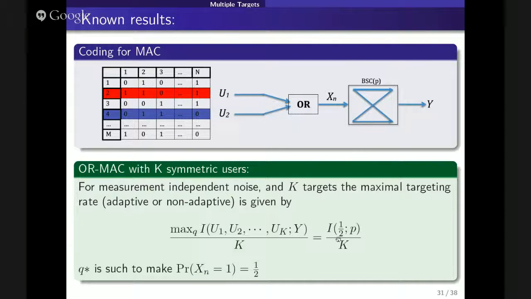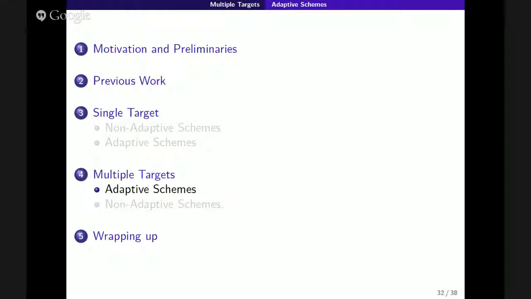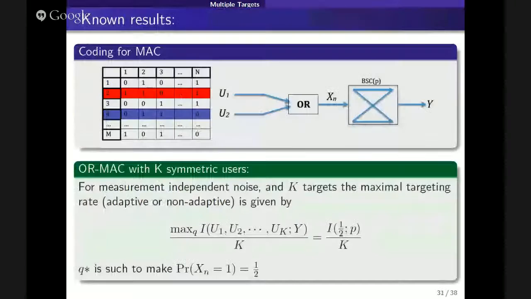But also in their model, does the noise increase with the group size? No, no. In their model, the noise does not increase with the group size. But in your model, that's what you assume, right? Yeah. This is just known results. In my case, you just pick your function of how the noise behaves, so if you pick this as a constant function, you're back here.